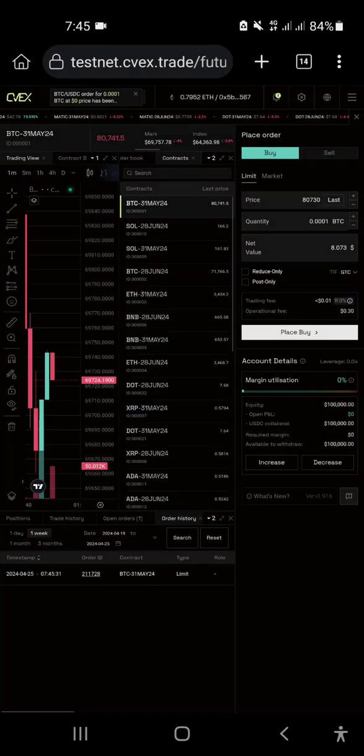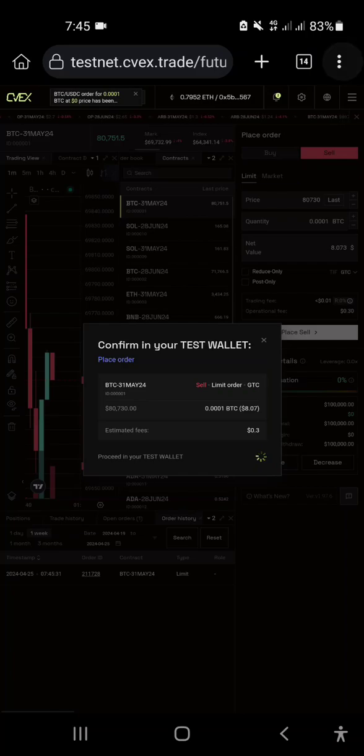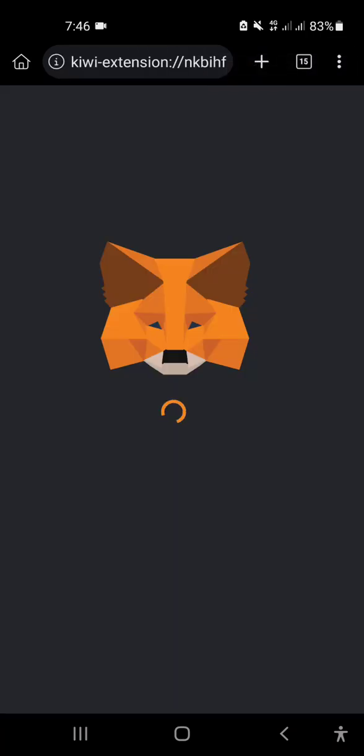Okay, you buy from the limit option and sell from the limit option, because you just need to use their website, to see how efficient their product is, how fast or how smooth their transaction is. They just want to see this from you, they want to test it. So let's sell the same way, and your MetaMask will get a notification. Okay, so fast, so smooth.